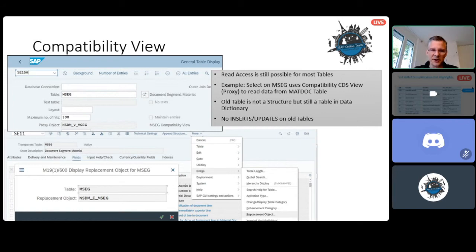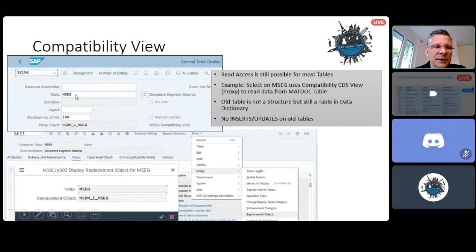So with the compatibility view, you can still use old table names, and you will be redirected by using a CDS view to the new table. I have an example here. If we go to SE16H, the new SE16 version, you should try that.